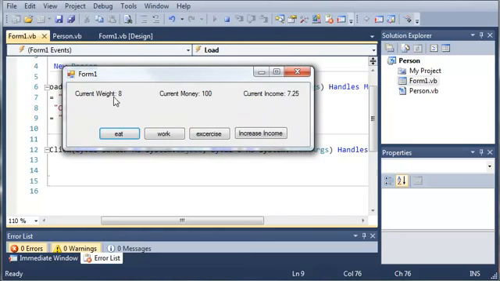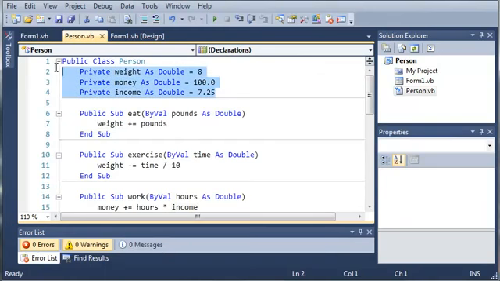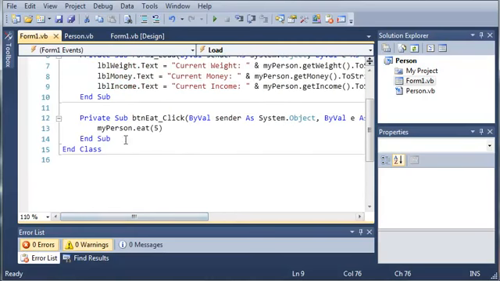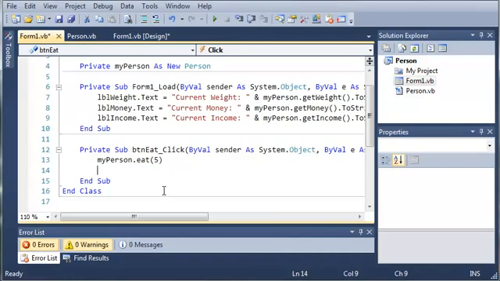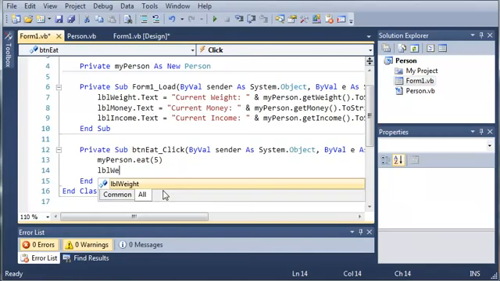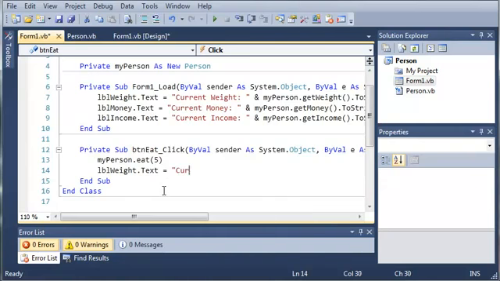You can see that we get current weight is 8 pounds, current money is $100, and current income is $7.25. These are all defaults that are created when the person class is made. Now let's come down here and finish the button eat event. The person ate 5 pounds, so now we want to update their weight. Label weight dot text equals current weight,